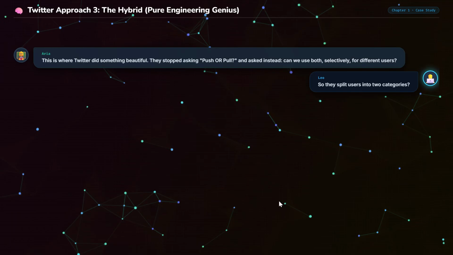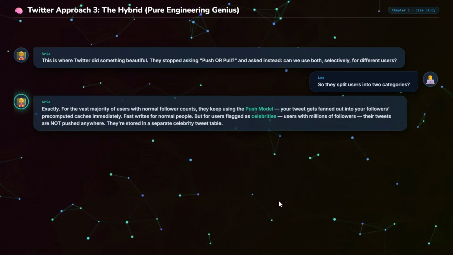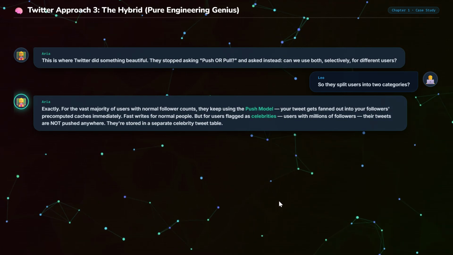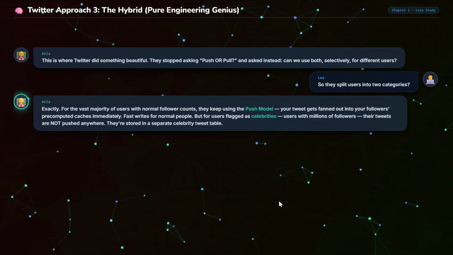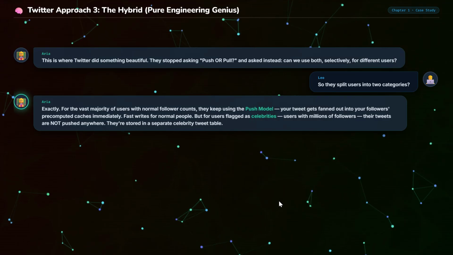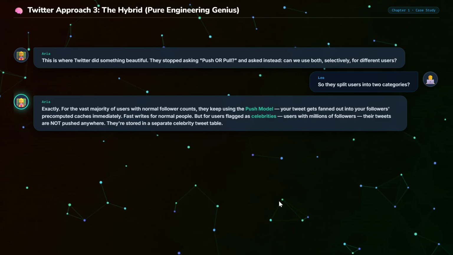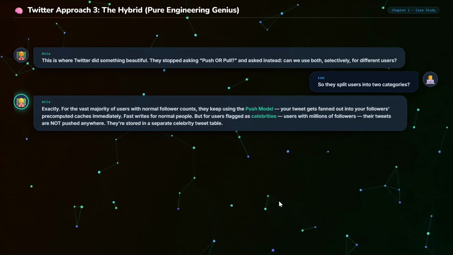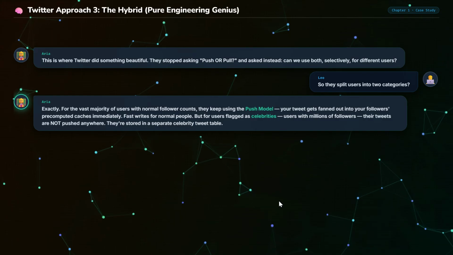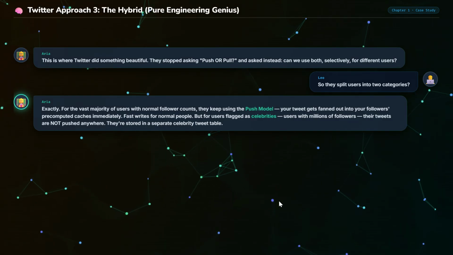So they split their users into two categories. Exactly. For the vast overwhelming majority of users with normal follower counts, a few hundred, a few thousand, they continued using the push model. Your tweet gets fanned out into your followers' pre-computed cache mailboxes immediately. Fast. Clean. Simple. But for users flagged internally as celebrities, accounts that have millions of followers, their tweets are not